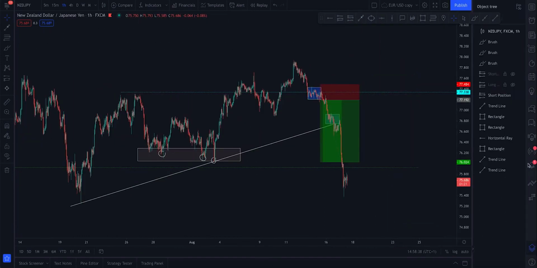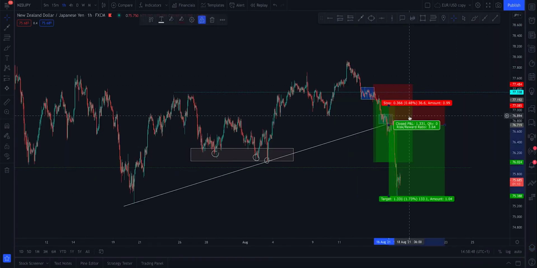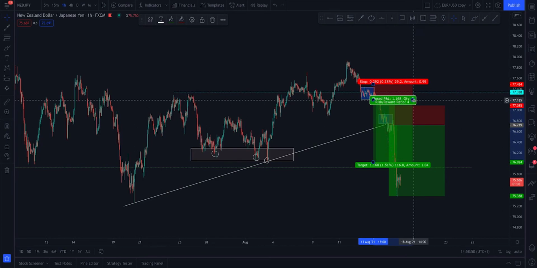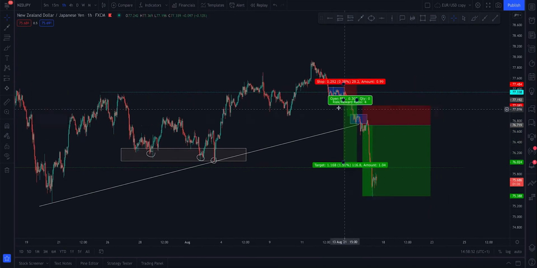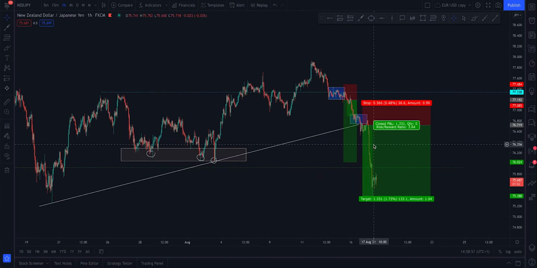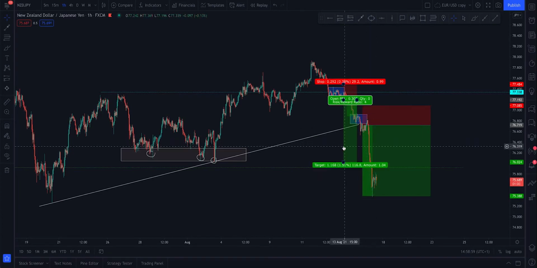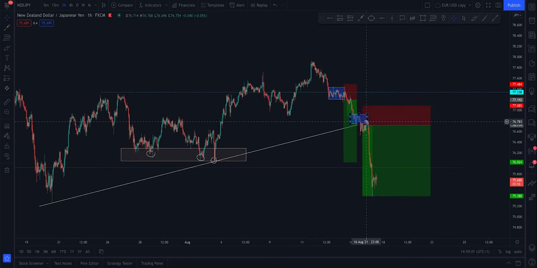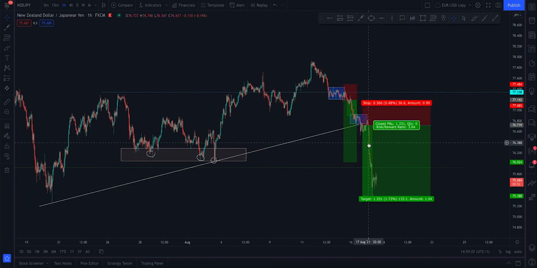And I also caught another trade. Let me just make this one a little bit easier to see. And I also caught another trade down here, because as it comes to the angle bit, when you get close to the bottoms of the patterns that I trade, there often is a little correction or a big correction before price starts to drop. So all I did was I put my rectangle on and I set the order below,